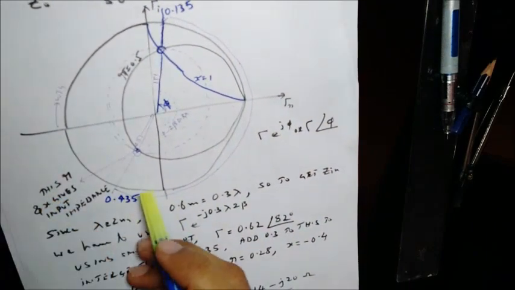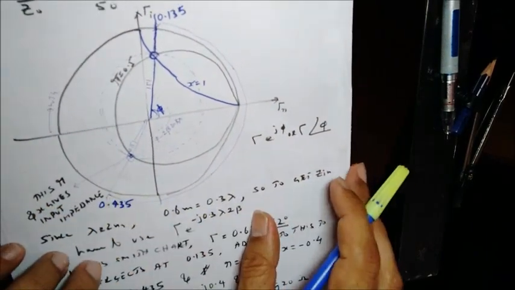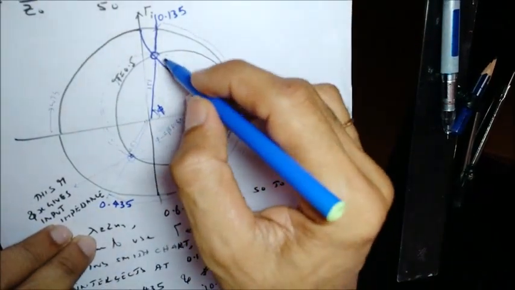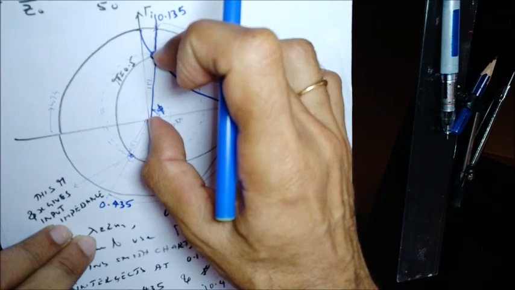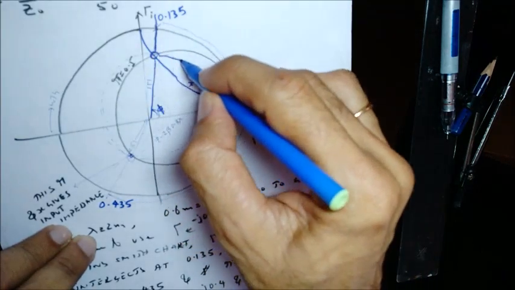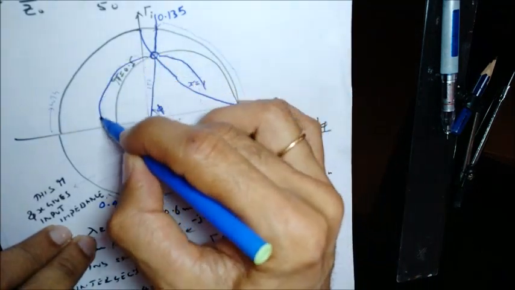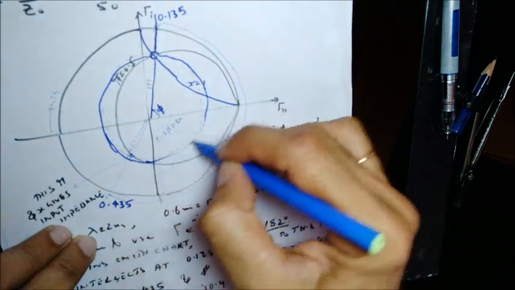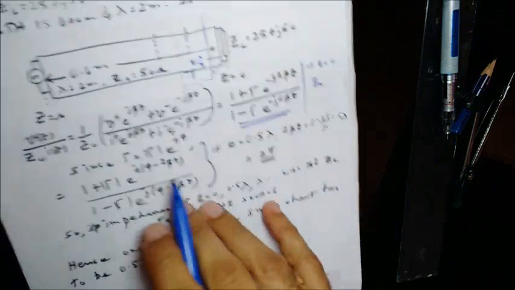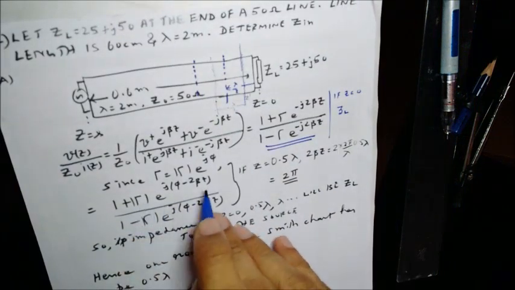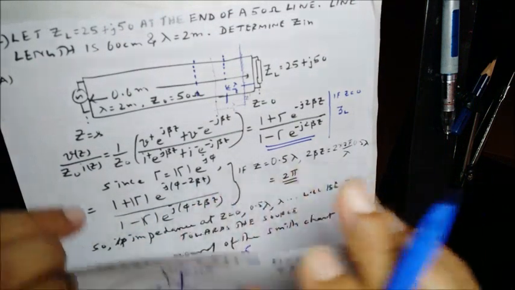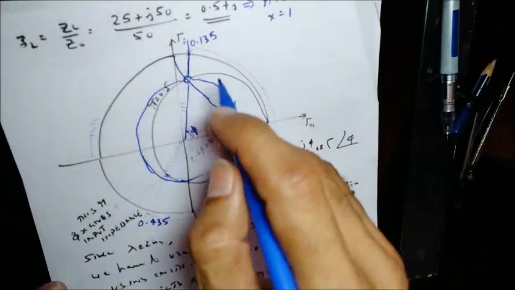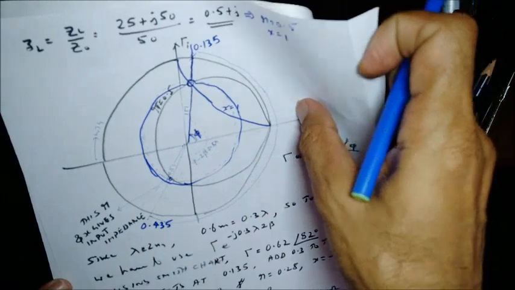Again I will show it using the actual Smith chart. And what we do is we draw a circle of this radius, because the magnitude of gamma remains the same. It's only the phase part which changes, and the phase decreases by minus 2 beta z. It is decreasing. That is why we move in the clockwise direction.